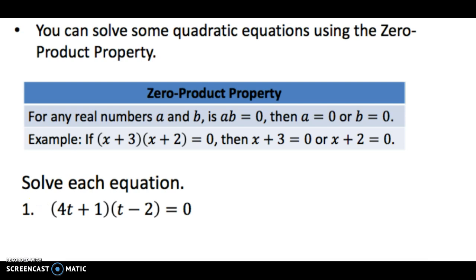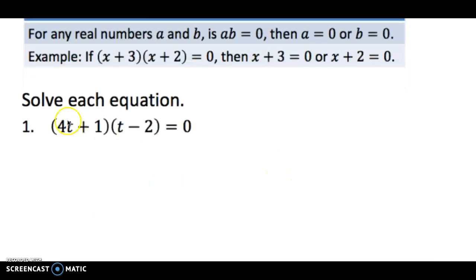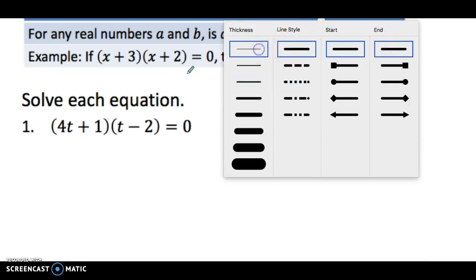So anyway, all right. So you can solve some quadratic equations using the zero product property. So all this is whenever you factor the equation and then you set each binomial equal to 0 and solve for it. So for example here, this one's already factored for us. So whenever you set it equal to 0 and solve for it, all you have to do is you set